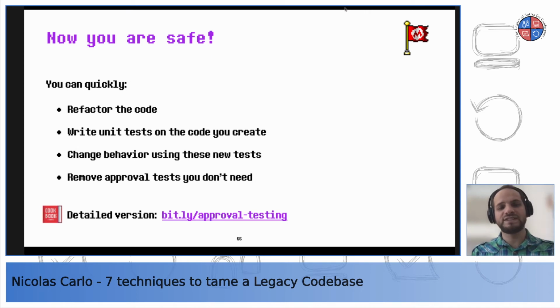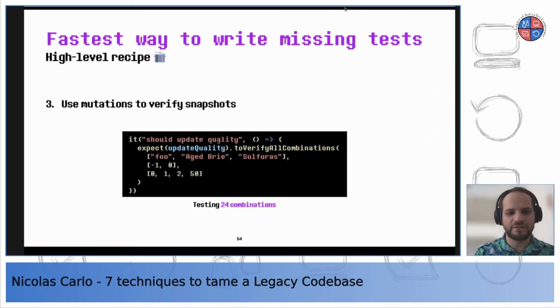So when you're safe, now is the moment where you can start refactoring the code because you have this test in place. As you refactor the code, you understand better how things are working. And this is where you will write more comprehensive tests. If you look at this test, for example,